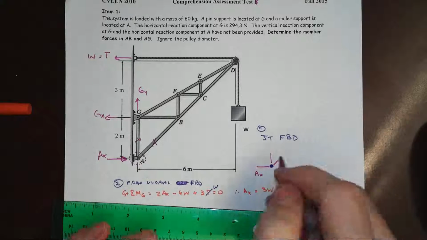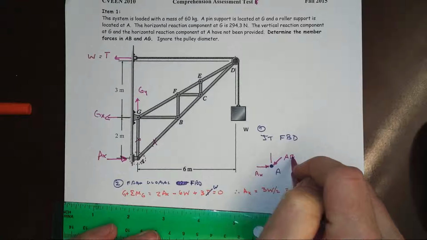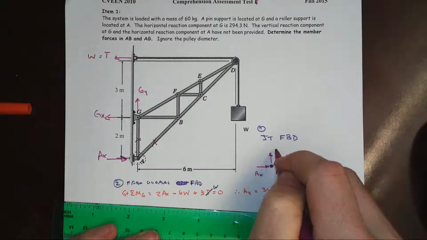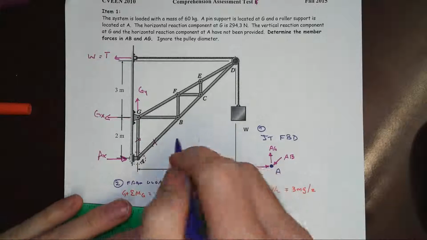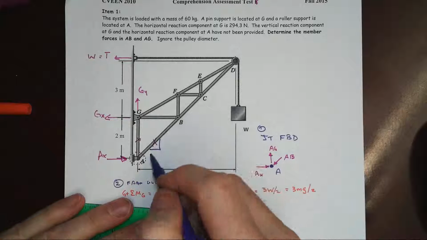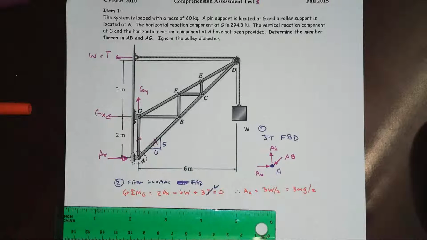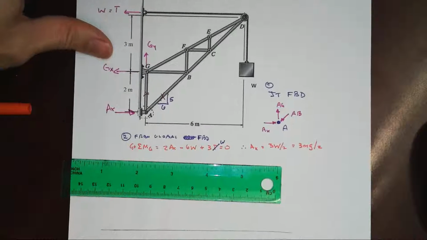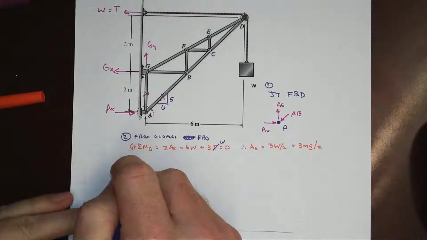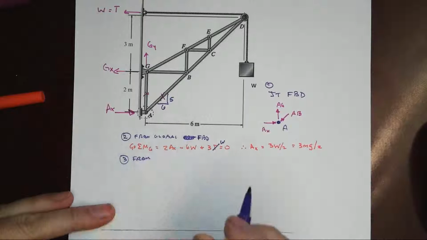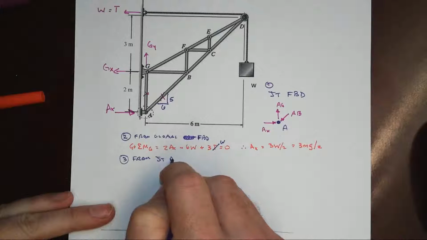That confirms the direction for AX, from which it's easy to figure out what direction AB must be going, and which direction AG must be going. Note that AB has an orientation of 6 horizontal, 5 vertical. Right? So that allows us now to come back to the point A free body diagram,